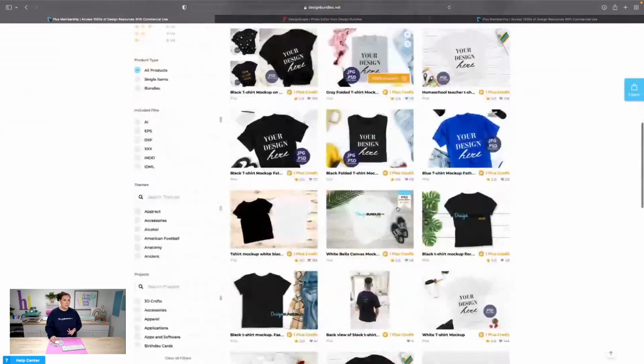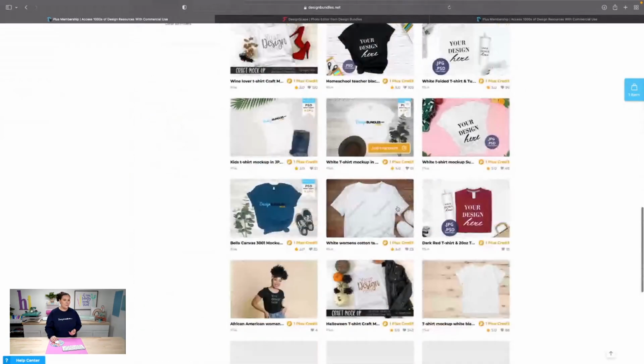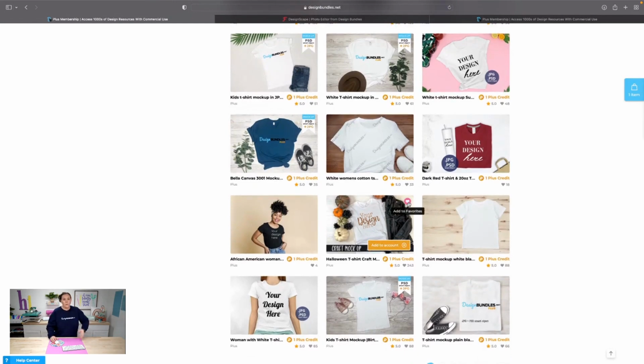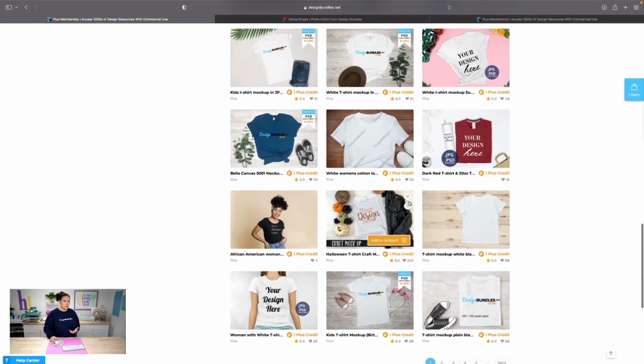So say, for example, let's say I want to find a black one, because if we bleached that out and turned it white, and say I was using a Gildan 50/50, we would be able to sublimate that. Say, for example, I bleached it out and made it white, and then I sublimated the image on. So that's what I'm going to do today just to show you. Or you could also do a colored t-shirt.